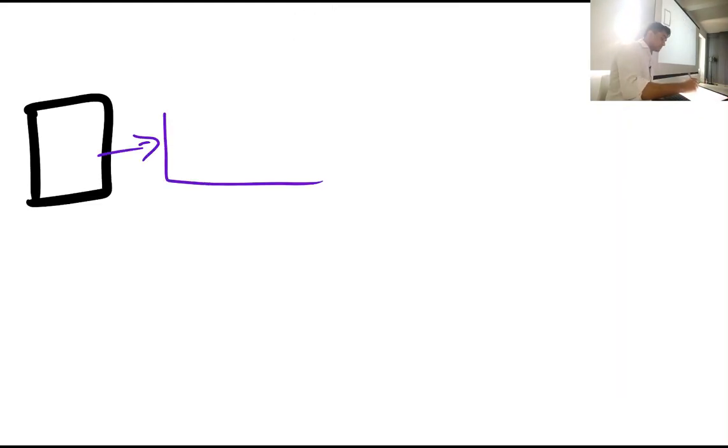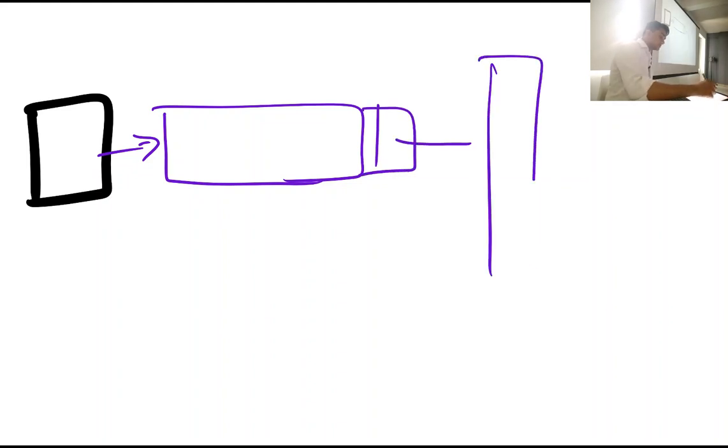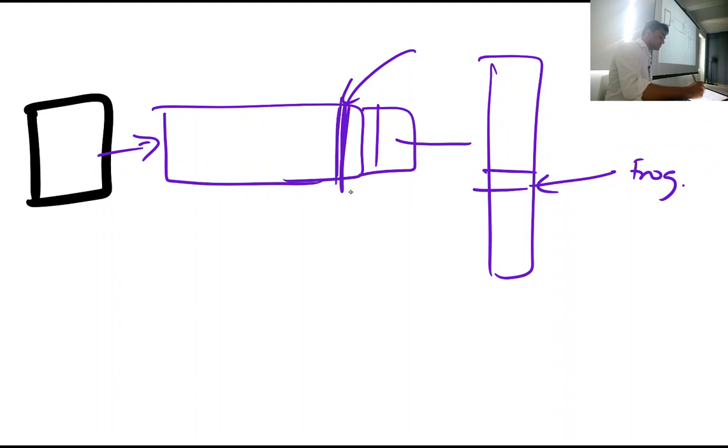This goes to my network, and this is the prediction layer. This is going to predict that I have a frog. What I'm going to do is pick this particular channel, which is just before the prediction layer. Is it clear? And the size of the channel here must be 7 cross 7 or 5 cross 5,